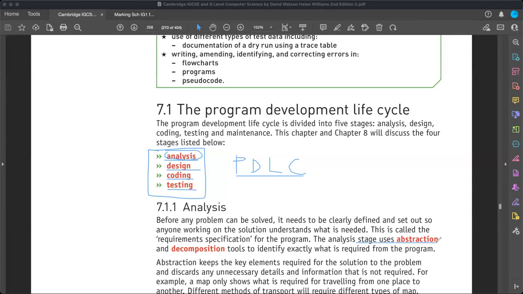The first stage is called abstraction, and the second stage is called decomposition. What is the first stage? Abstraction. And the second stage is decomposition. As I told you, analysis means research. So in that research, basically, we are going to find out what our problem is and how to solve our problem. This thinking is called requirement specification, in which we search for what we are going to